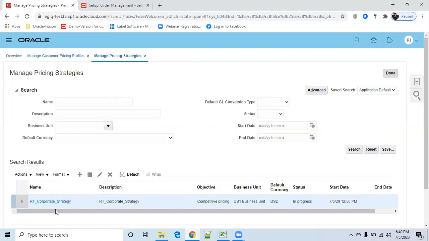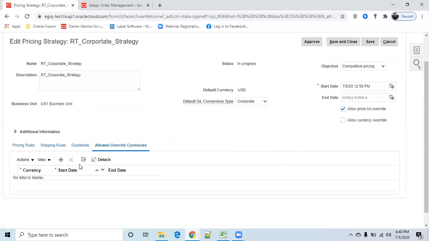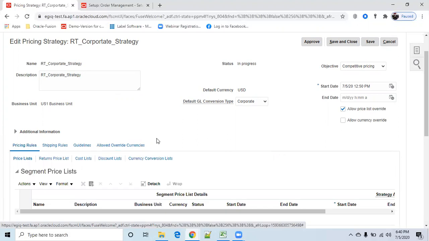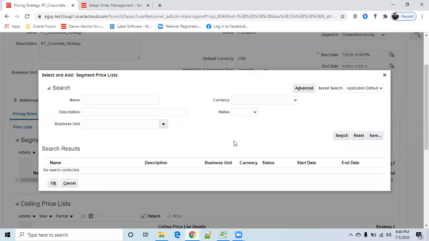So now my strategy is corporate strategy. So go here. Okay. Now go to pricing rules. So I'm in the pricing list. Now click on plus button. What is my pricing list? RT underscore.